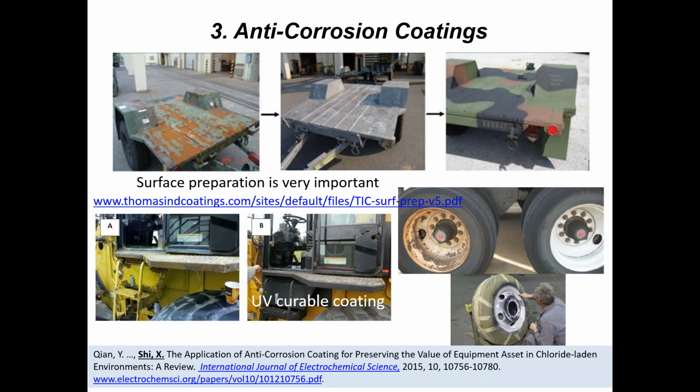So now, the third tool in the toolbox is anti-corrosion coatings. Whenever we talk about coatings, of course, there's yet another huge industry out there. And there's also the Society for Protective Coatings, NACE International. One lesson learned is definitely that surface preparation is very important. Even if you have the best possible coating, if you have a very lousily prepared surface, that won't work. And here is a link to a document talking about CESTiCC, a lot of different protocols for how to prepare